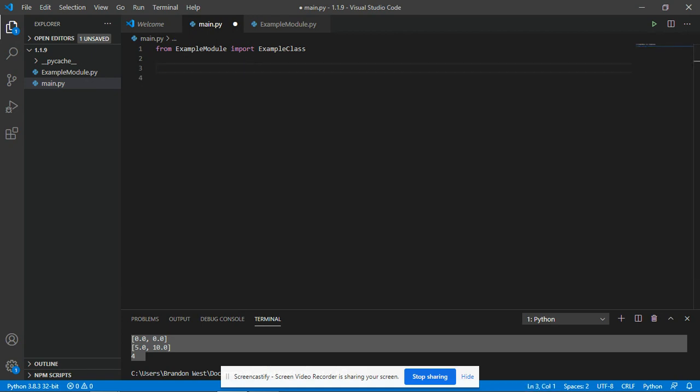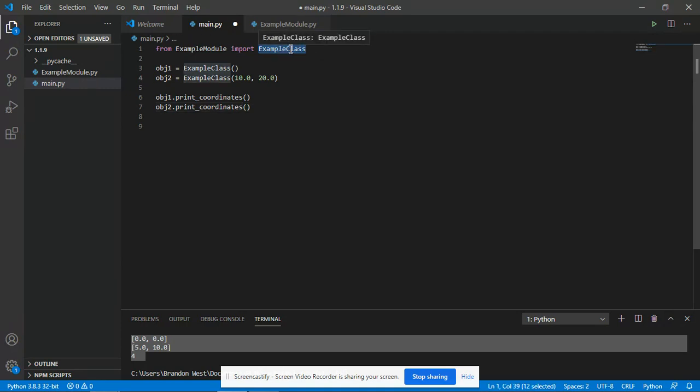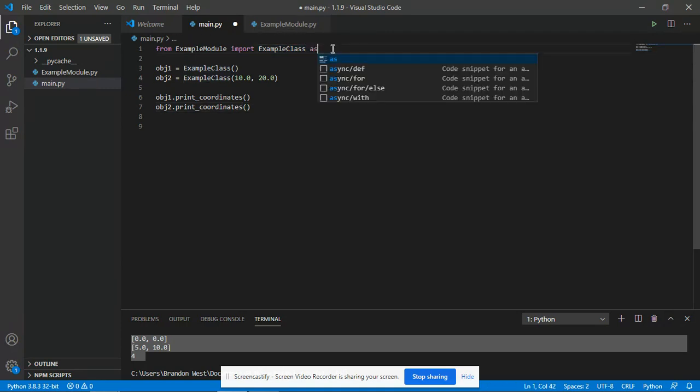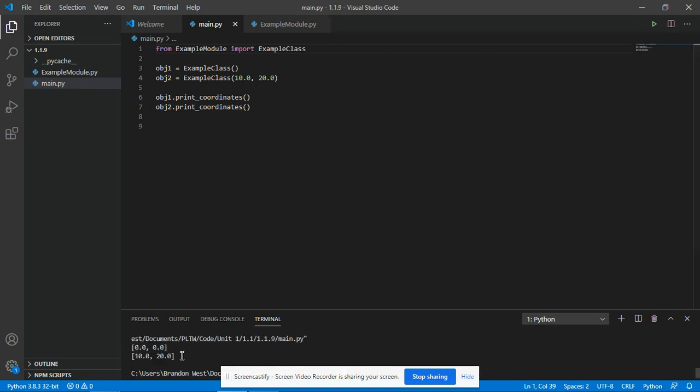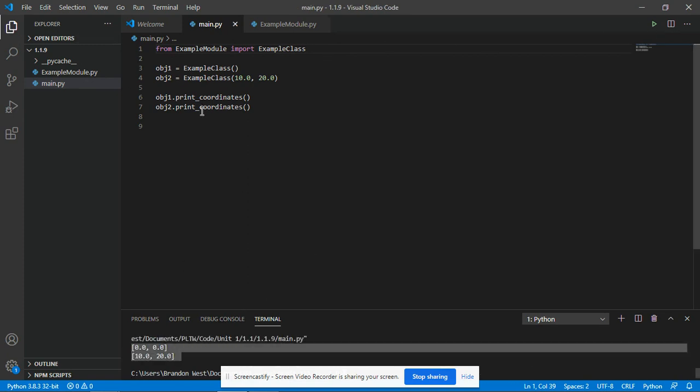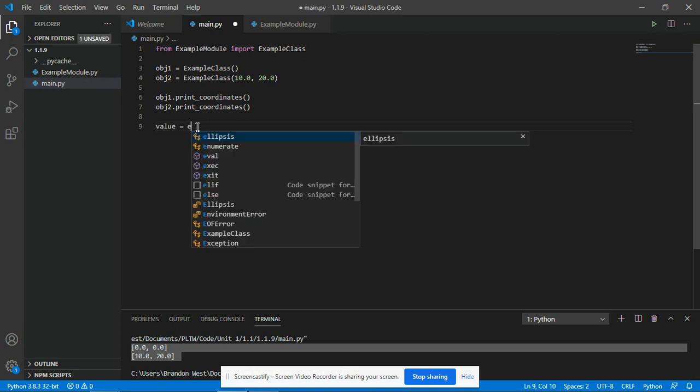So what that means is if I come over here and do the same thing, again, I'm not giving it a default name. I think you can do "as" and name it. But if I come over here and run this, it runs just fine. If I were to try to now do the value equal example